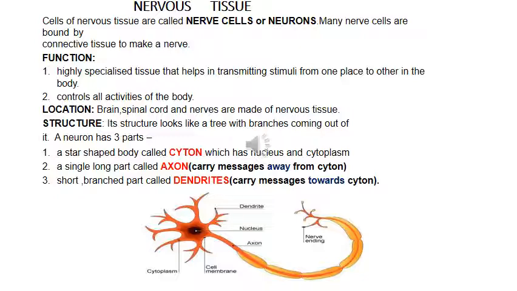Okay. The cells of this tissue are called nerve cells or neurons. You can see in the diagram here, a neuron consists of a cell body with a nucleus and cytoplasm, from which long thin hair-like parts arise. These are known as dendrites. Each neuron has a single long part called the axon. Can you see the axon in the diagram? Yes. And many short branched parts called dendrites. An individual nerve cell may be up to a meter long. Many nerve fibers bound together by connective tissue make up a nerve.